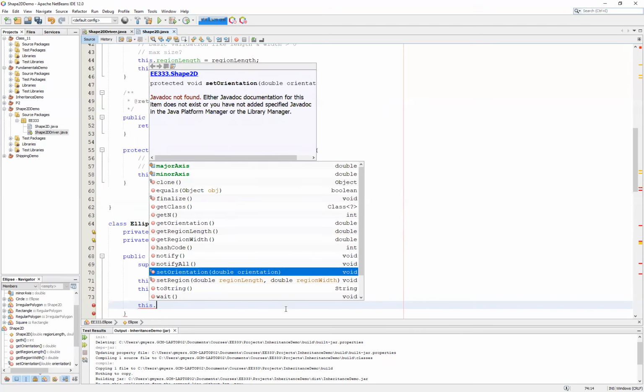Now, the way we would set the orientation for an ellipse would probably be different depending on the geometry. So in other words, how we set the orientation for an ellipse versus how we set the orientation for a square or rectangle might vary based on whether we choose a corner or the centroid. We're going to ignore that temporarily, and we're going to assume that we have some sort of 0 point or an origin point. So essentially what we could do is set the orientation for each of our